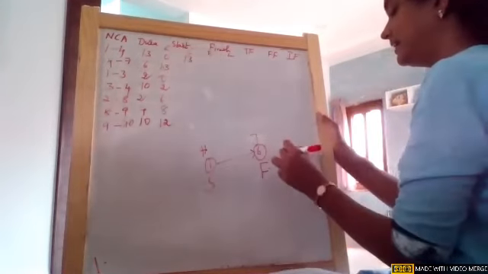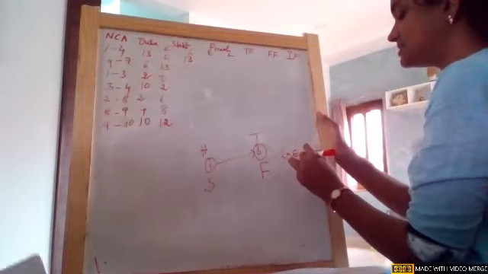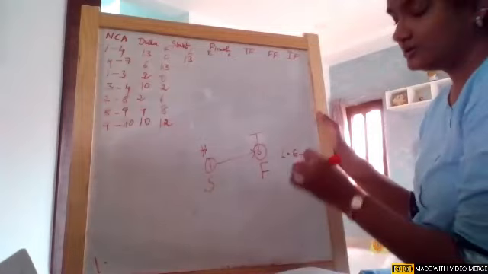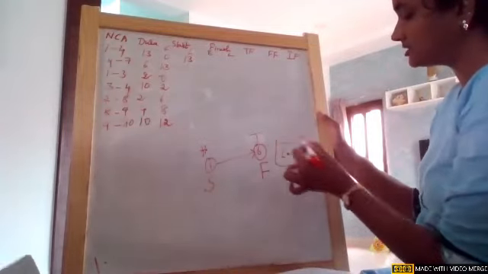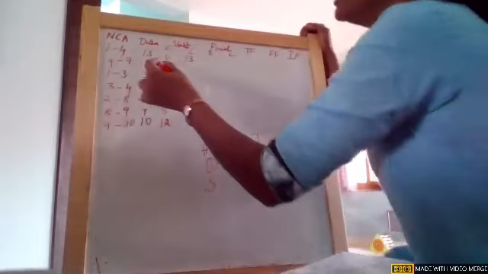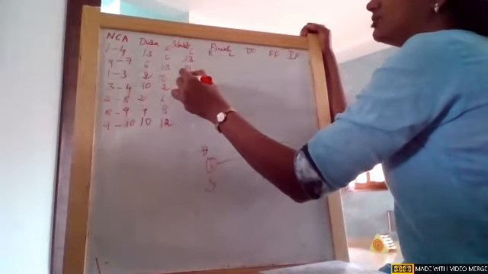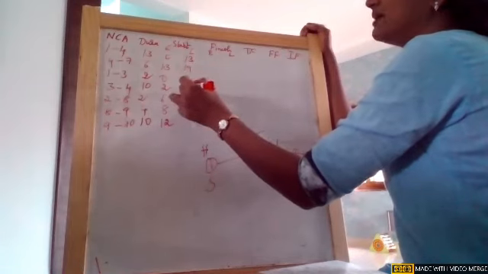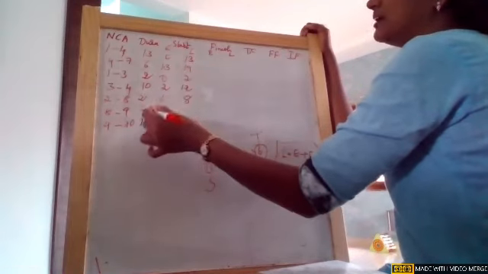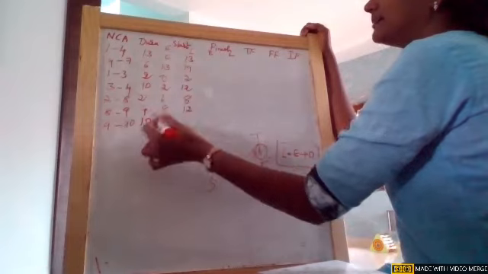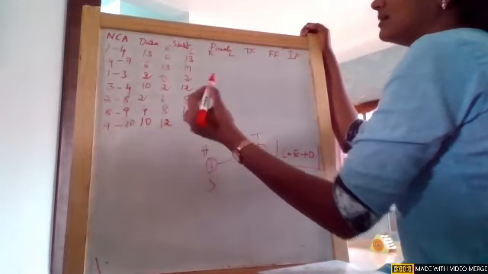Latest is nothing but earliest plus duration. Simple. You can write this equation at the bottom. So that is how I'm getting these. 6 plus 13, it is 19. 2 plus 0, 2. 10 plus 2, 12. And 2 plus 6, 8. 4 plus 8, 12. And 10 plus 12, 22.